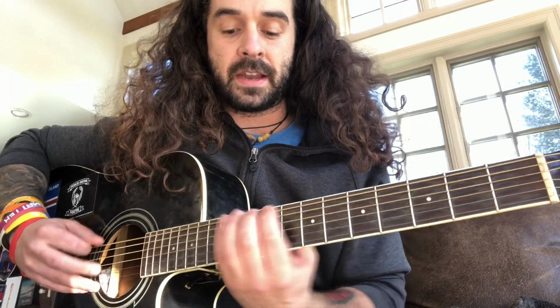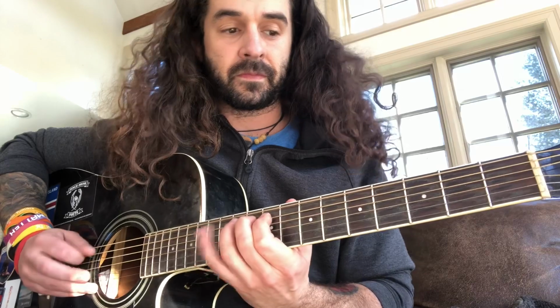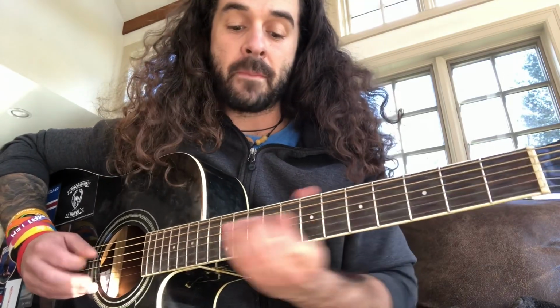So we're going to take our chromatic 1, 2, 3, 4. And now we're going to really focus on our right hand picking, but we're going to do 1, 2, 3, 4, 5, 6, 7, 8, 9, 10, 11, 12, next string. Now our main goal for this, which is pretty difficult, is to not cut where our pinky is. What I mean by that is if I were to slow this down, not doing